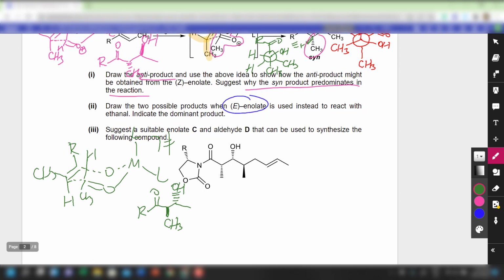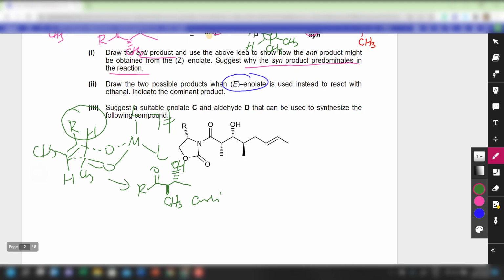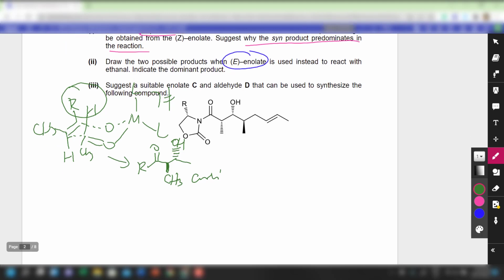Okay, so this is the transition state leading to the anti-product. And this is actually favored because of minimal 1,3 diaxial interaction. So I'm going to get the anti-product from here. And then for the other transition states where I'm going to swap the two, what I'm going to end up with is something like that,